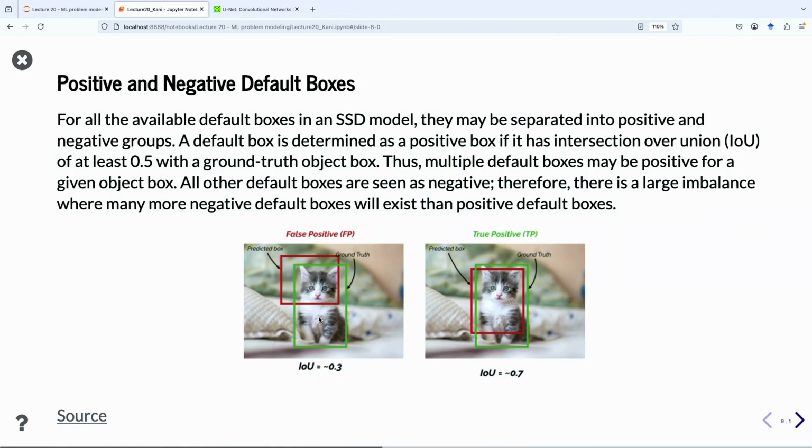So the metric that people typically use is called intersection over union. Basically, we calculate the intersection of the 2 bounding boxes. Simple geometry, you could do it very easily. And then we calculate the union, the area of the 2 bounding boxes together.